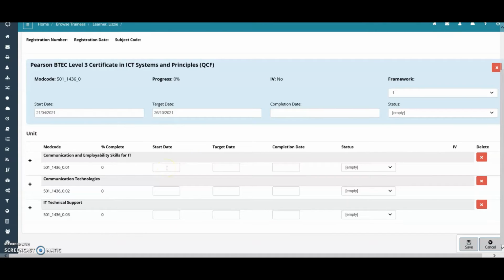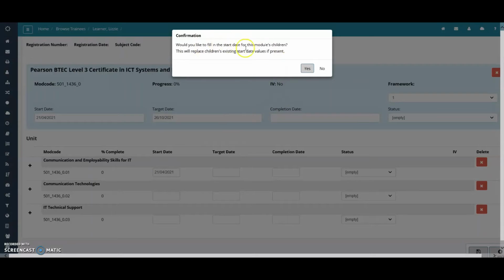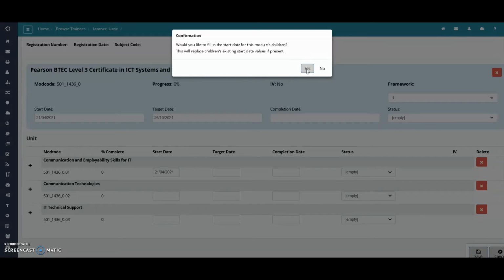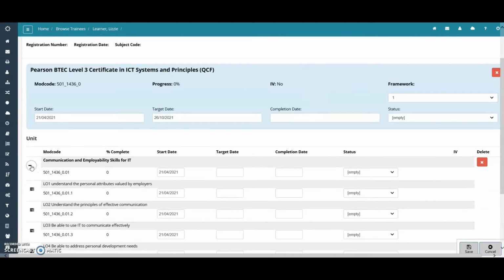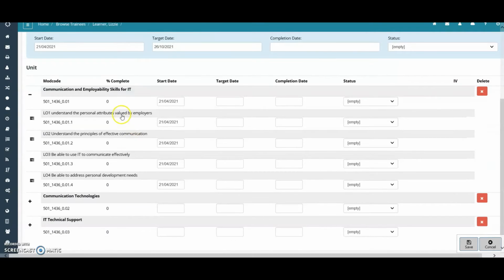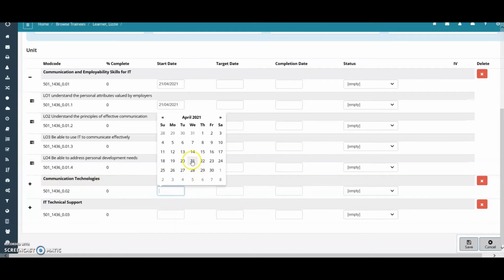Then if I want to set a start date for the specific units, I follow the same process. Click in the start date box next to the specific unit. I'm going to click today. And it asks me again if I would like to fill it in for all of the module's children. If I say yes to this, and I open up the unit, it will set that start date for all of the individual outcomes for that specific unit. If I click on the unit below that in the start date field, and again I click today,